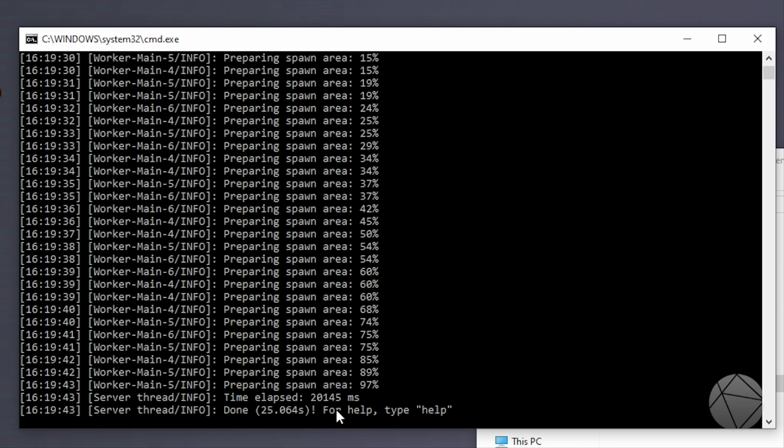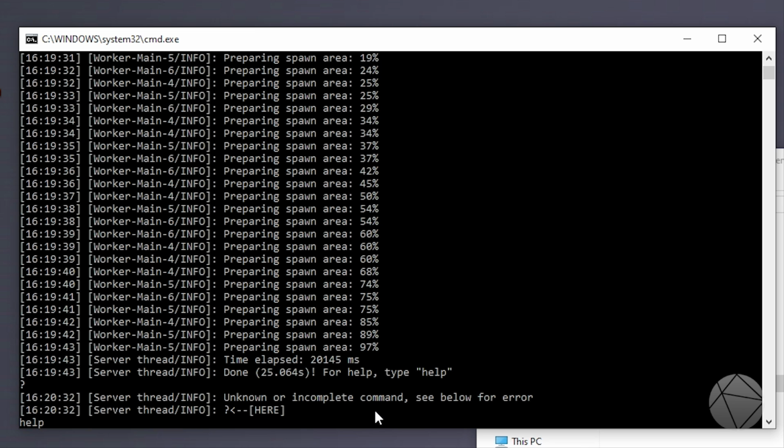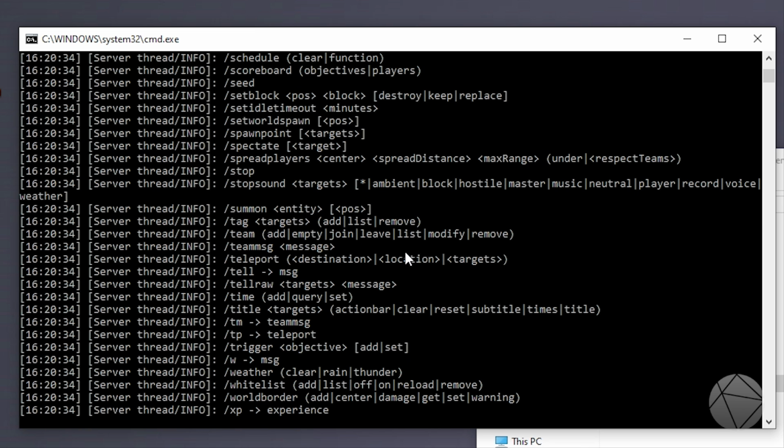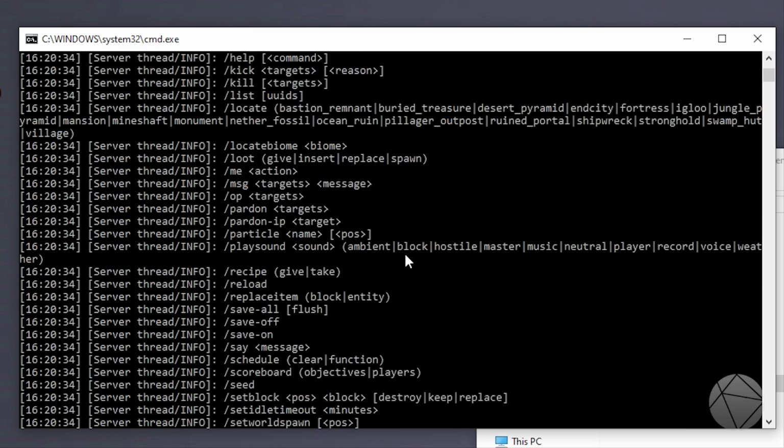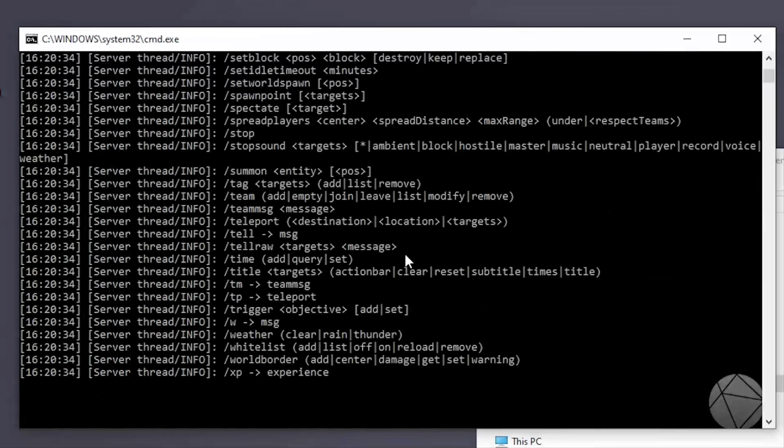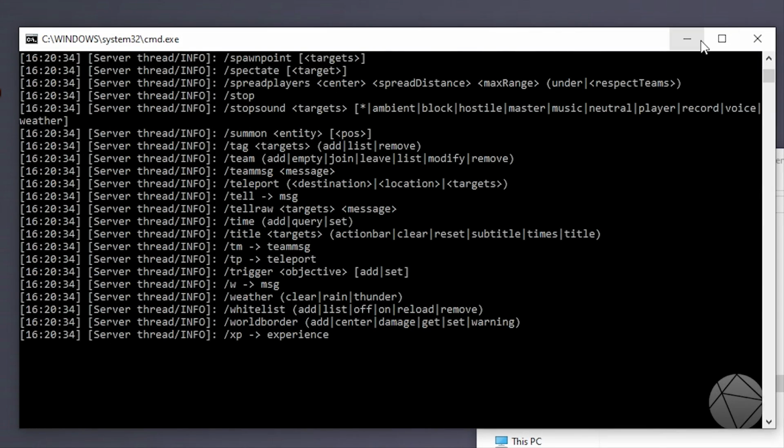And if you guys ever need help too, you can also put, I think it's just a question mark, or you can type in help. Yeah, they got rid of the question mark. So you can type in help, and it should give you all the stuff you can do from console, which is pretty cool. But yeah, we're going to stop the server, and I'm going to explain real quick the correct way to